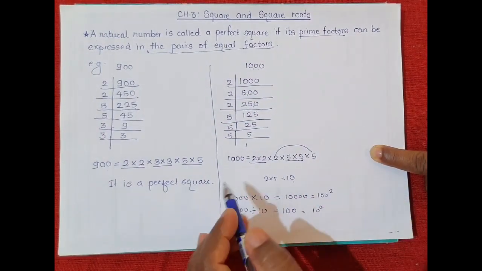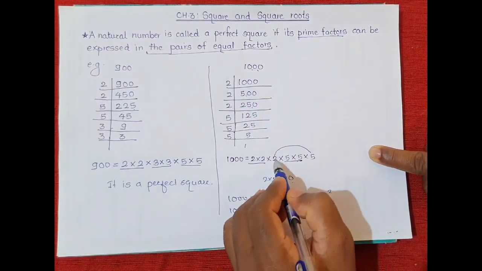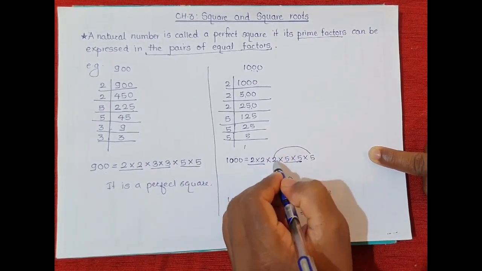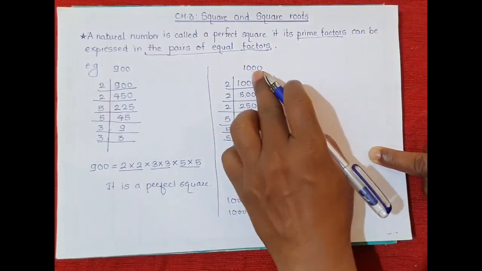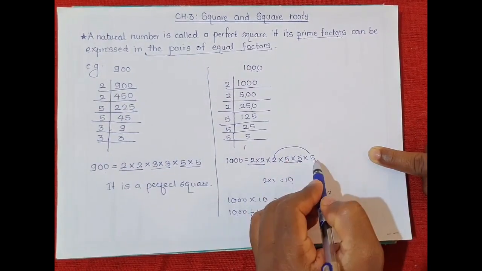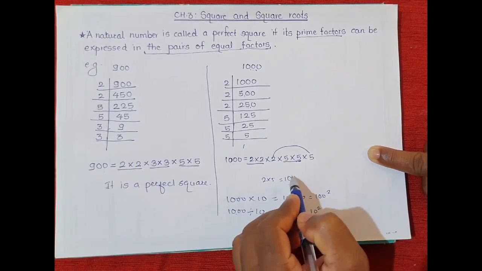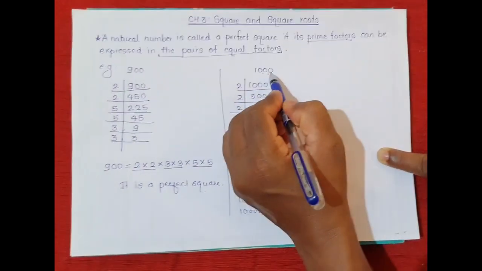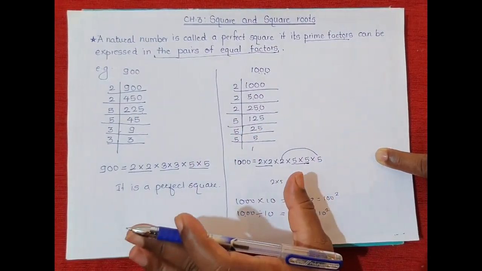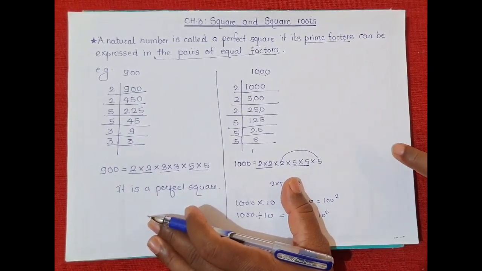Okay, so remember this statement. If the given number is not a perfect square, then the factors which are unpaired, sometimes there is only one unpaired factor. At that time, if you multiply the given number by that digit or divide the given number by that digit, we get a perfect square. Okay, if there are 2 or 3 digits, we have to multiply those digits, and by that product, if we multiply the given number or divide the given number, we get a perfect square. Keep it in mind. Understood? So this is the concept of square numbers we have learned today.